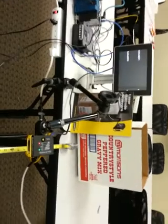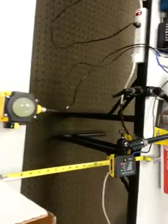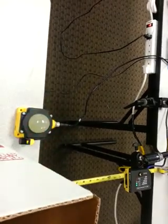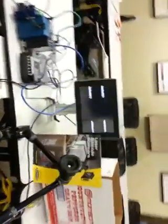Alright, so if I come slowly, you'll see the trigger will hit, and then we got a green, which means that we got a read on the code. As you can see there, like I said before, they're both the same. So to get it from this side,